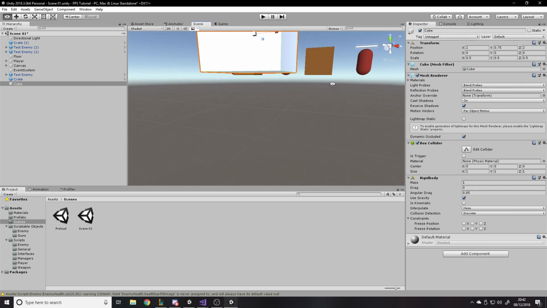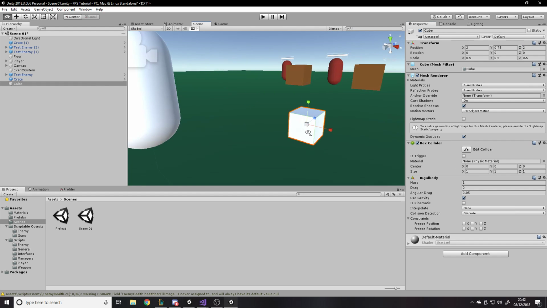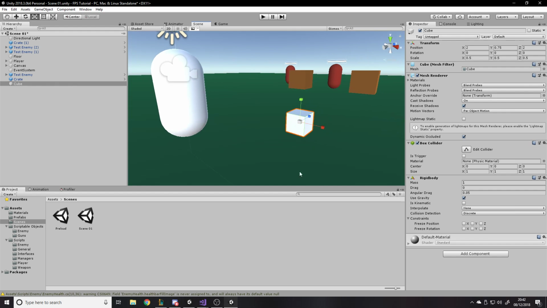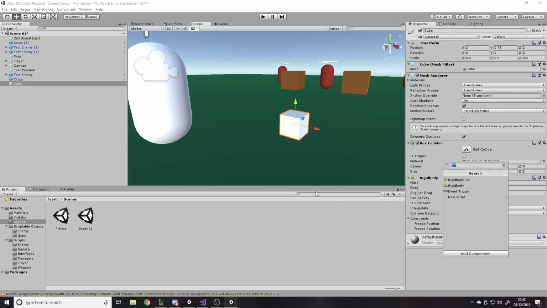Now this thing, we want it to have a collider on it, which it already does by default. And we want it to be a collider rather than a trigger, just because we don't want it to fall through the ground or anything. So we want some code on it for a pickup, like an item pickup. Now we could honestly have